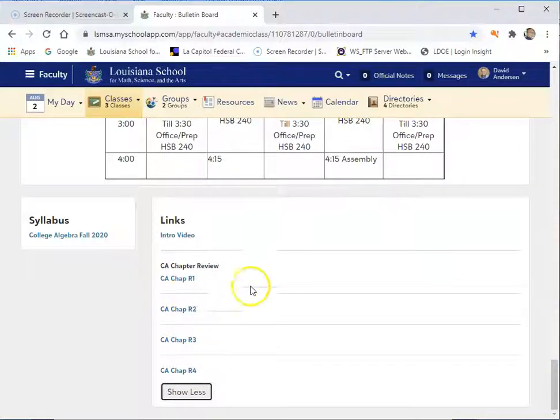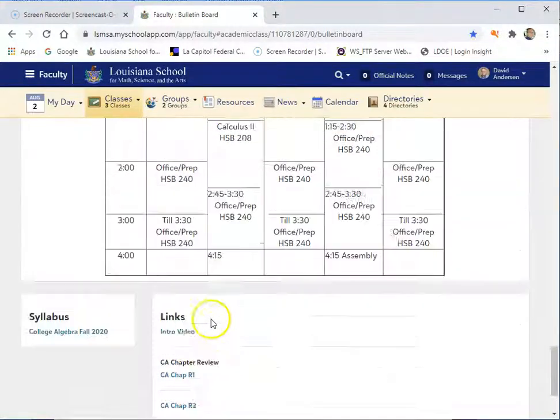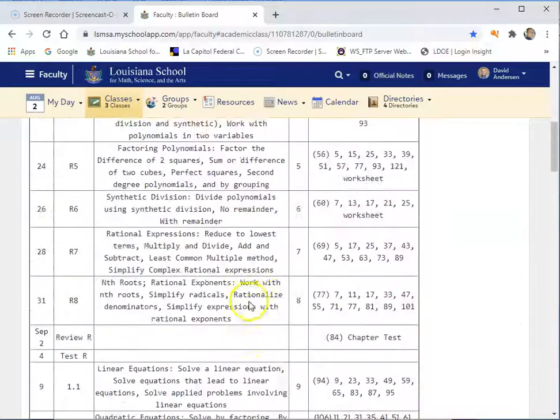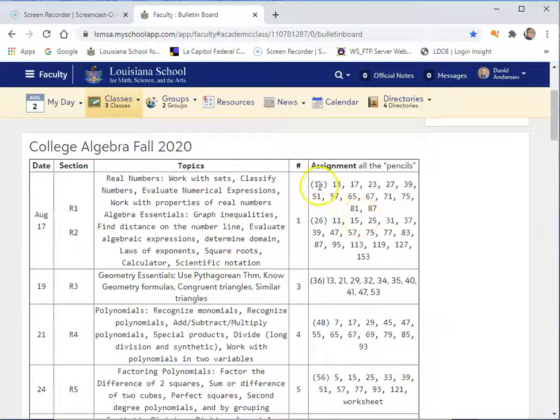Anyway, for the first week, it's R1, R2 on Monday, R3 on Wednesday, and R4 on Friday. So you're going to watch these videos. It's like a lecture. I hope it's maybe as good or better. And then you'll go and do the assignment. Back up here, these pages and problems. In general, these problems are by the ones that have pencils. I might have added a few more if I thought you needed more work on that. Get those done, take a picture of those and send me an email. That's how you turn in your assignment.